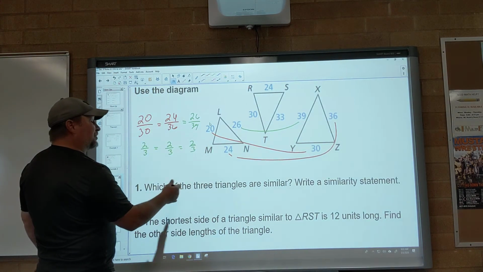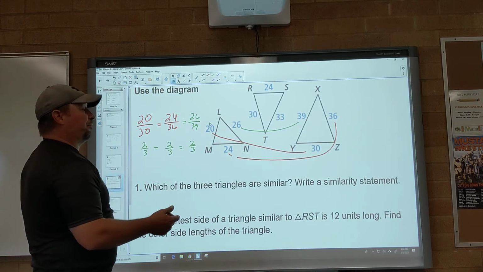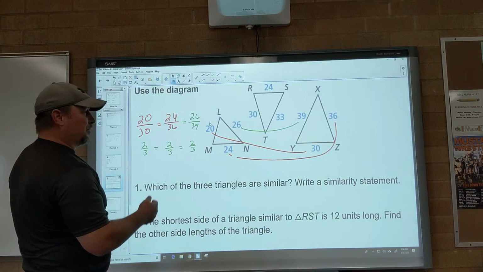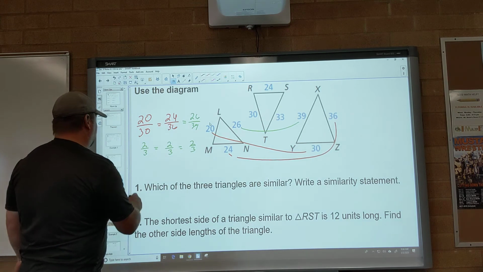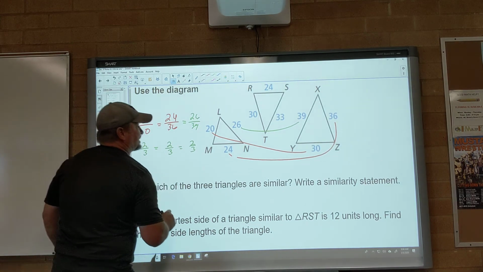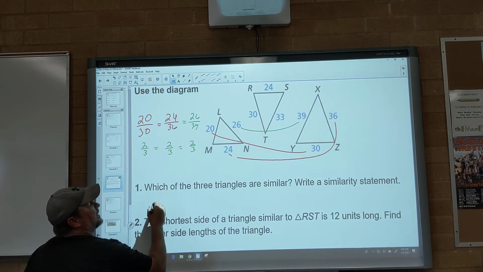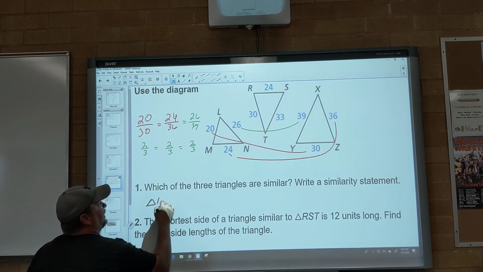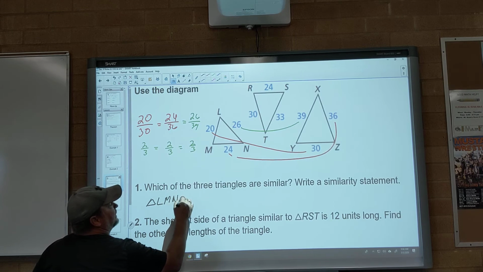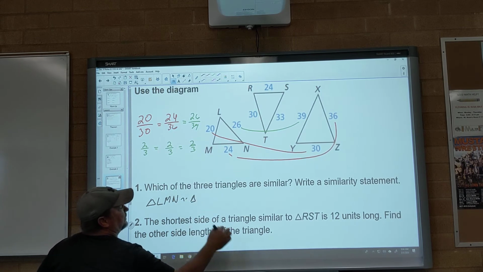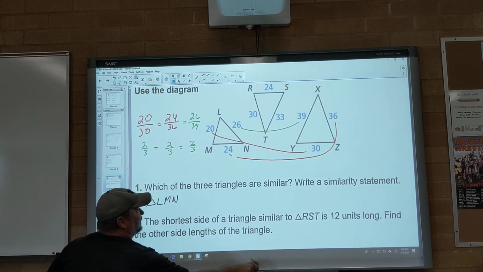So, all right, which of the three triangles are similar? Write a statement. We're gonna finish that. We'll do that problem right here. I'm going to say, and remember, it never matters what I pick first. It only matters what I pick next. I'm gonna say triangle LMN is similar to triangle